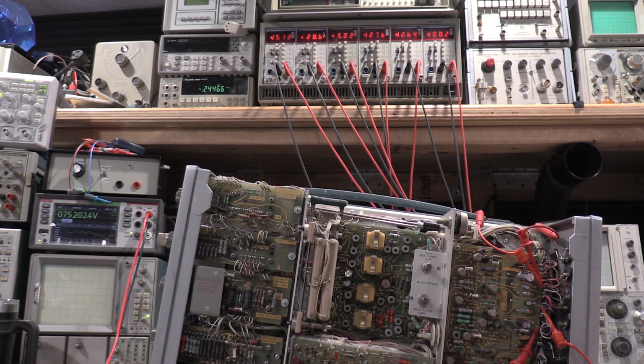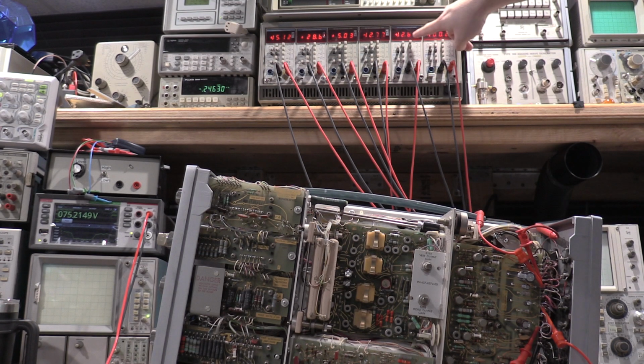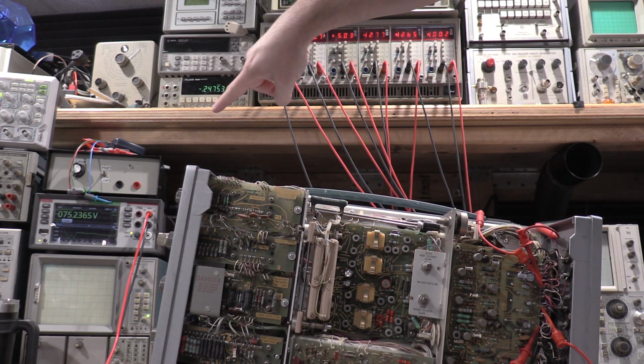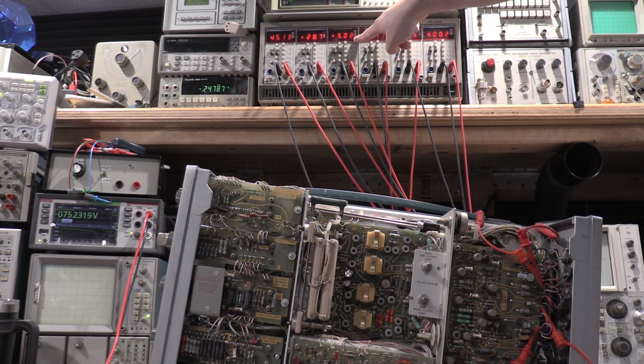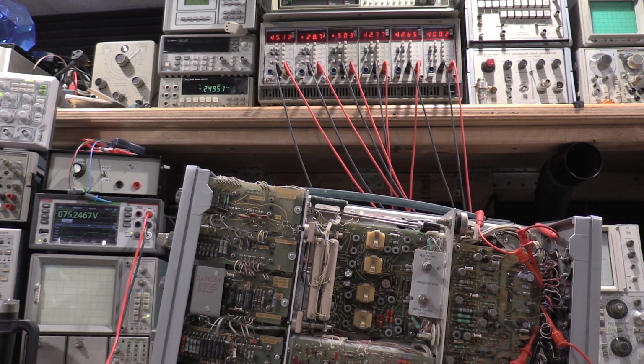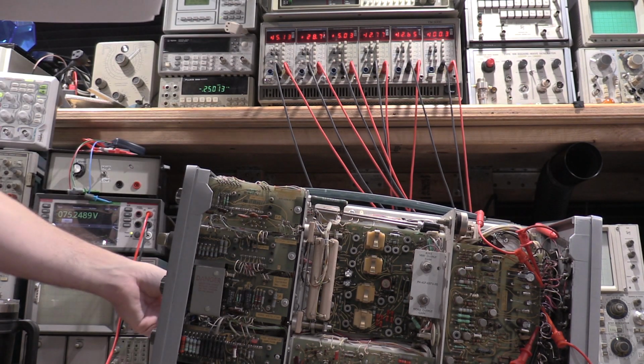Let me check the rest of the rails here real quick. I'll have to hook a scope up and check them for ripple here in a minute. There shouldn't be any because it's all brand new caps, but 100 volts. Plus 12.5. Negative 12.5. Negative 75, plus 5, plus 4.5, but that's variable, so that should not be 28 V. I'll see if that's actually even on V. That may not even be on the right pin, so I'll look into that. Z, because